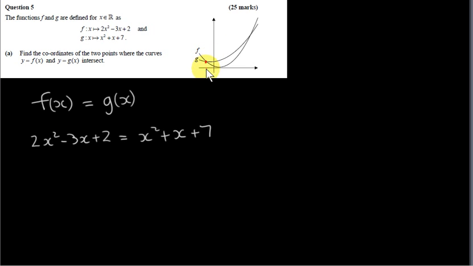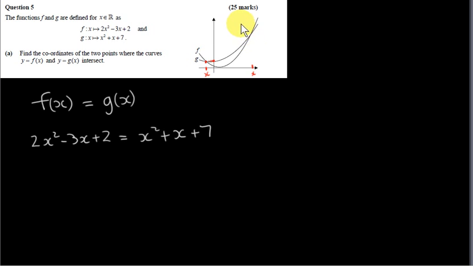So x is this value here that we're looking for, and f of x is the y value of this point, g of x is also the y value, and they're the same. If we go across here, we just get one value. Normally we get two values, as you can see. If x was say here, we would have two values. We just have one value, and this is not the only value of x. There's a second value of x from this diagram, which is over here somewhere, such that f of x equals